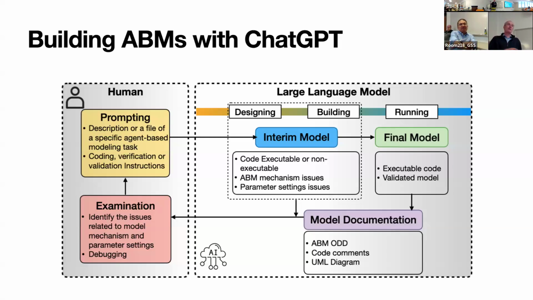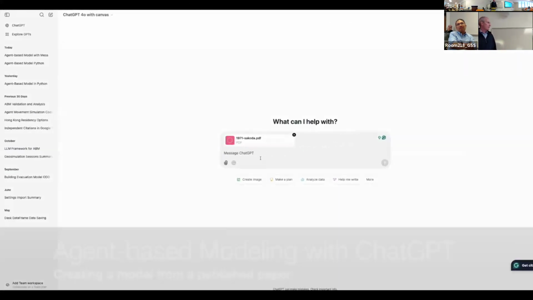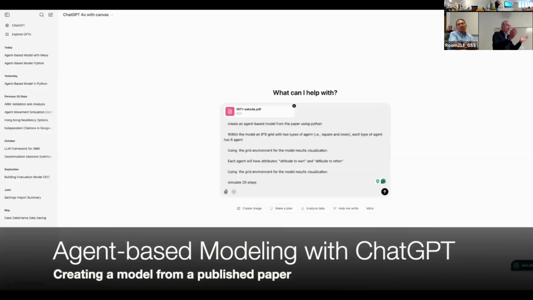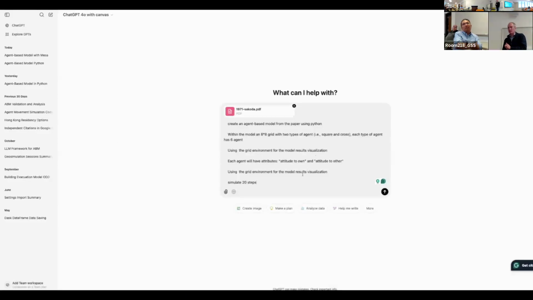I spend a lot of time, and my students spend a lot of time, developing agent-based models. In general, an agent-based model that I try to get published will take me about a month to 6 months to get up and running. Right? I spend a significant amount of time creating models. The question is, can we use these large language models to build our models for us and run the models and validate them, right? So again, we asked ChatGPT, because that's the one that we had all the API credits